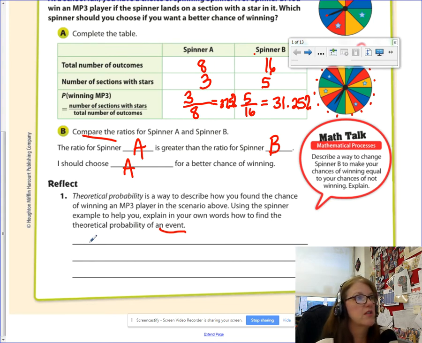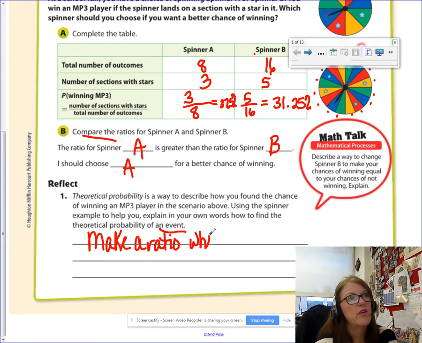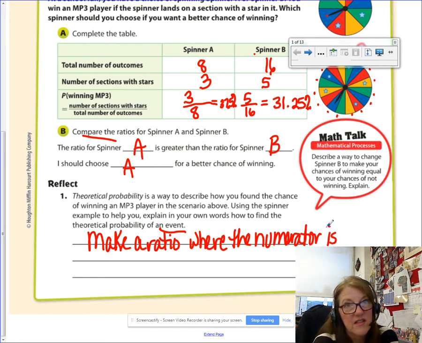You're going to start this way. Make a ratio, or in other words, a fraction, where the numerator is,